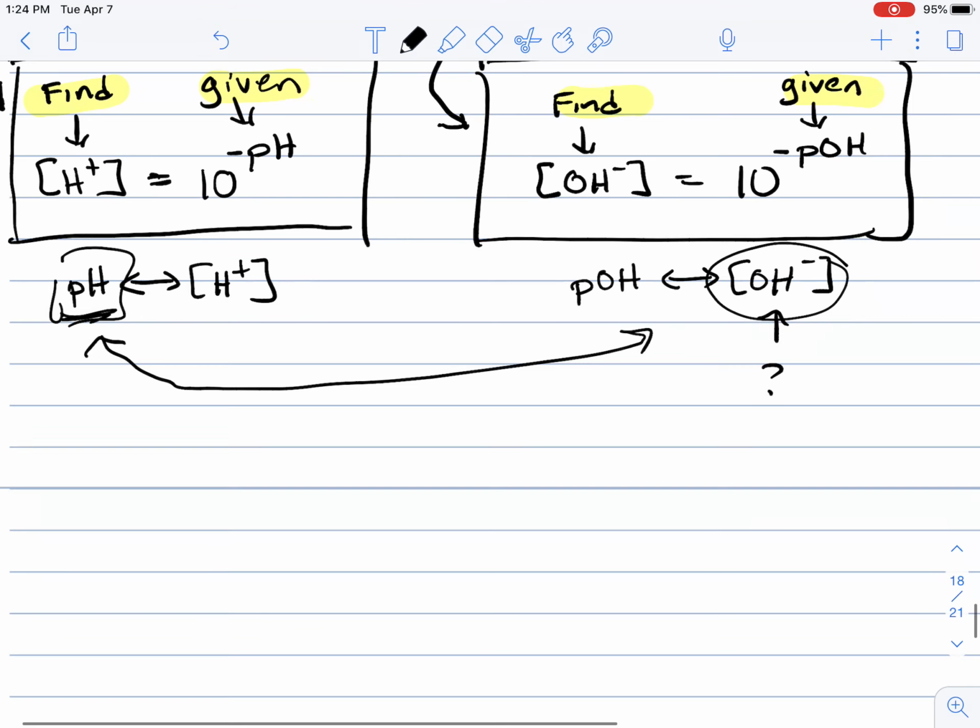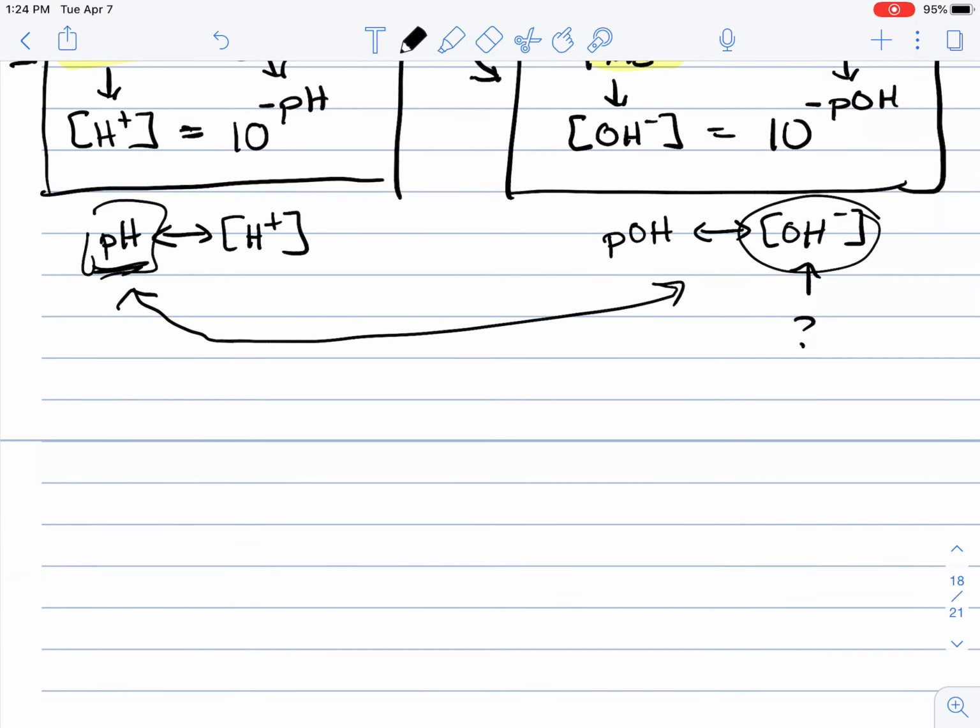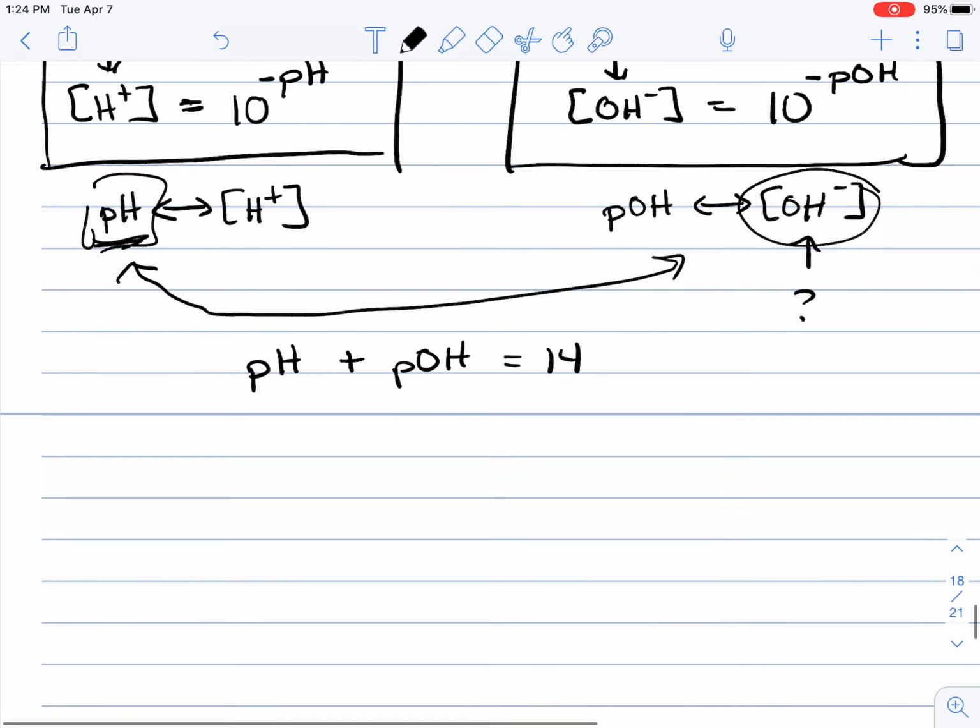And so the first equation is going to be pH plus pOH is equal to 14. When you do the acid-base lab, you should be able to see how pH is related to pOH. If pH decreases, then pOH increases, such that the sum of the pH and the pOH is equal to 14